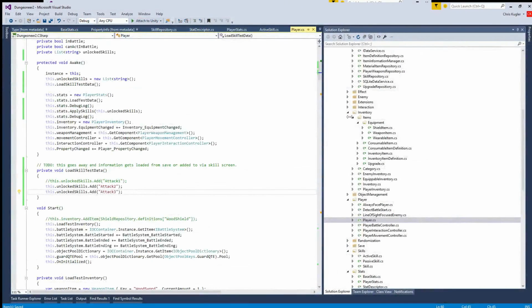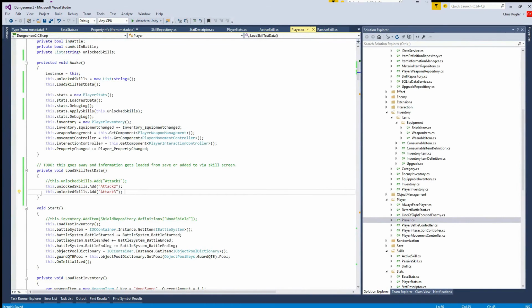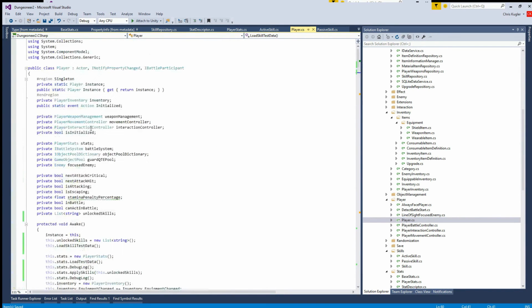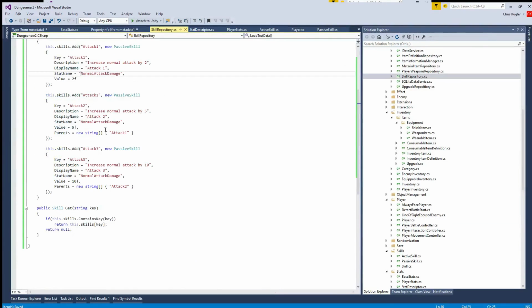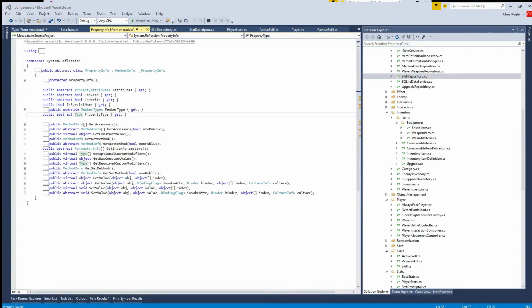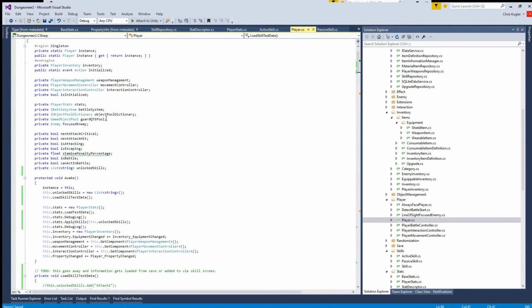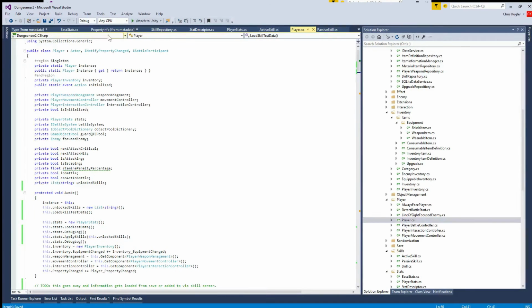So now we have a system by which passive skills are stored in our system, and the player has unlocked certain passive skills, and they are now affecting stats based on a setup where it matches information on the skill to attributes on our stats. So, as far as the permission to use the stats go, what I was just describing with attack 1 being required to have attack 2 and attack 2 being required to have attack 3,